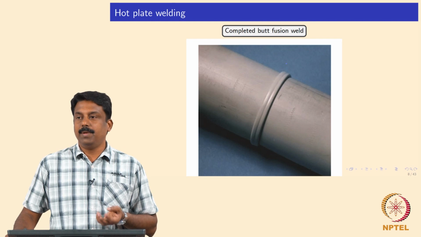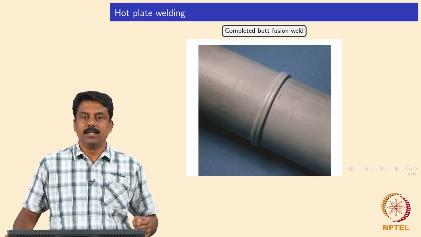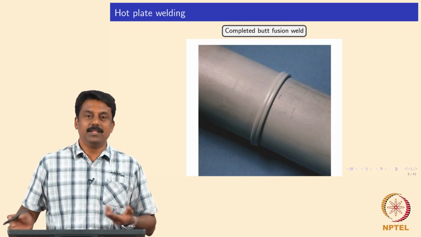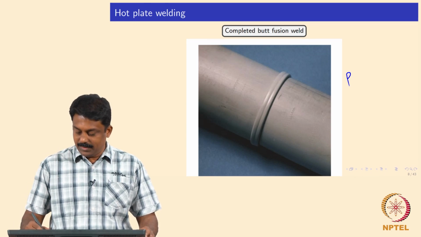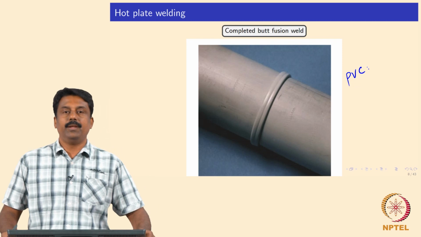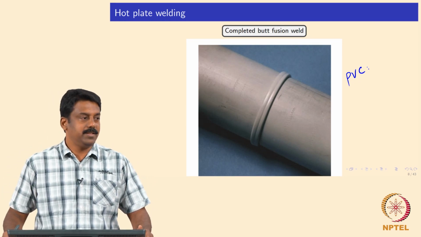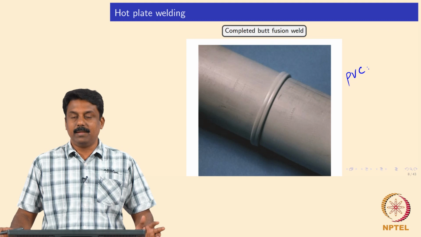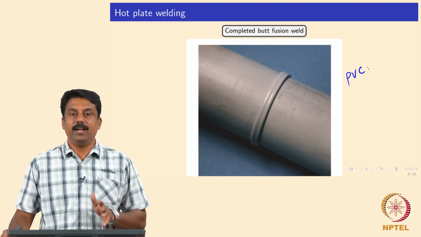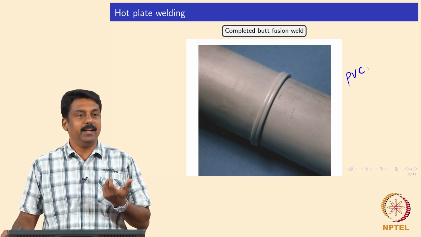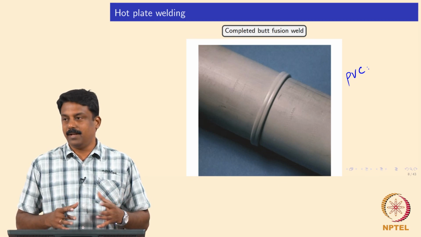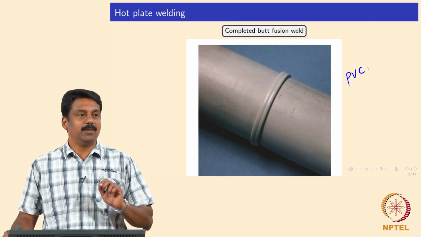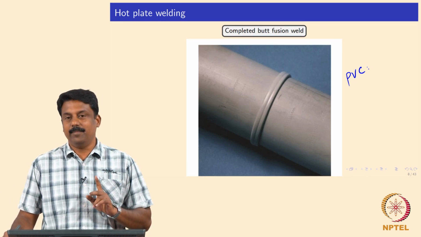For example, in regular plumbing applications, you don't need to remove the flash. You can very well use the flash inside, and even outside. It looks good, isn't it? So for PVC pipes, we can use a hot plate to weld the joint. If you buy a PVC pipe for plumbing application, you would see the weld, but once the flash is removed, it's very difficult to identify where exactly the joint is. It becomes a highly integral part of the pipe itself. But if you look carefully, you can see the weld seam.